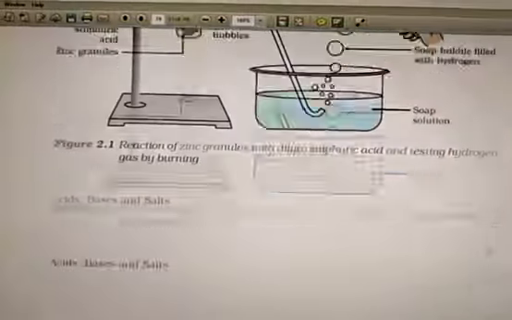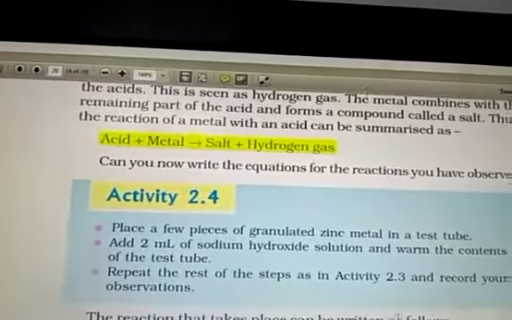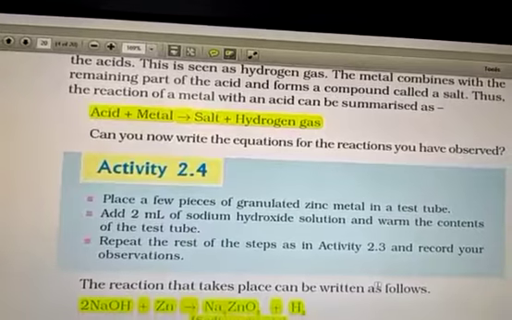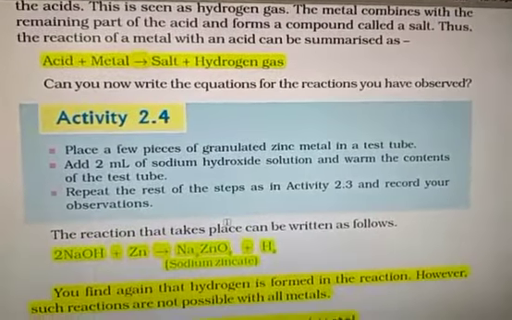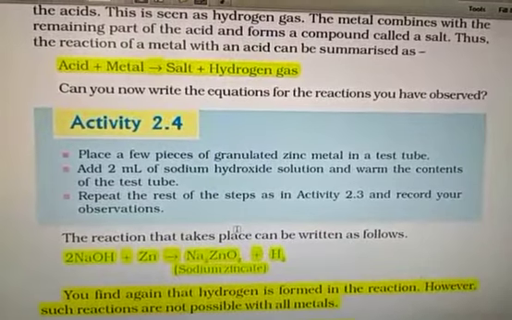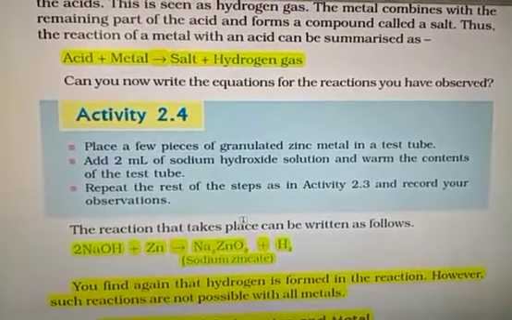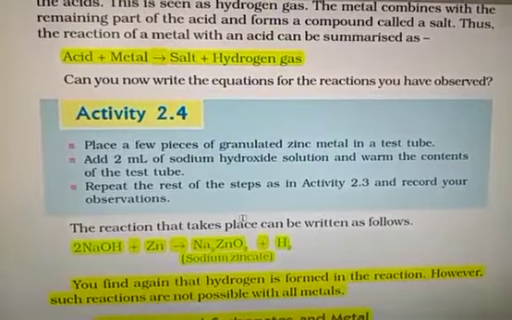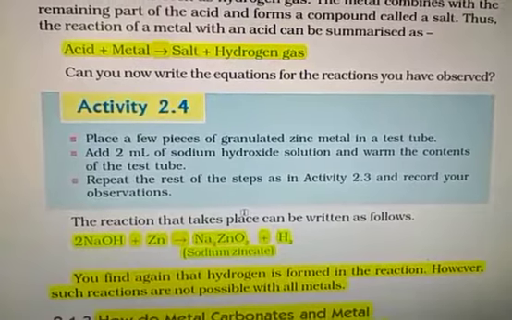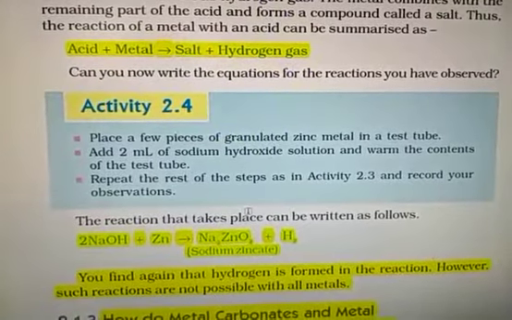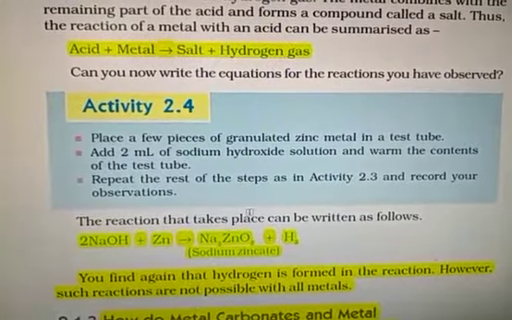Now the general reaction is acid plus metal gives salt plus hydrogen gas. This particular phenomenon is common: acid reacts with metal to give salt and hydrogen gas. The amount of hydrogen gas may be low or high, or the hydrogen gas may react with some other materials, so it cannot come out as hydrogen gas, for example with nitric acid. We will study this in detail in later topics.